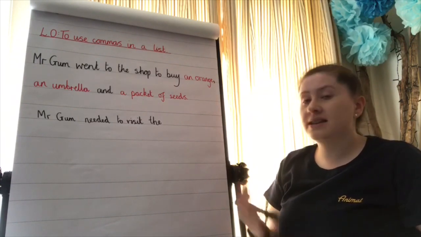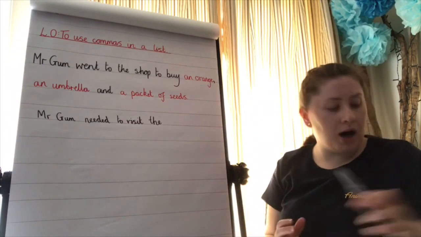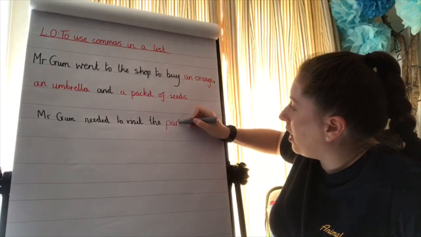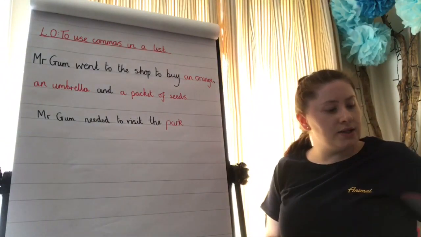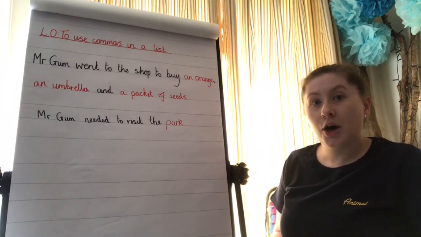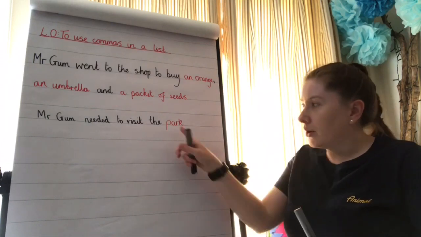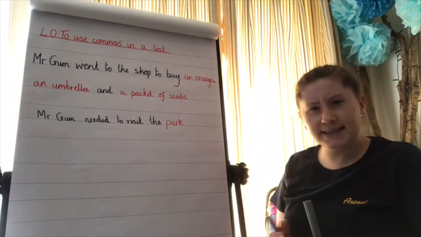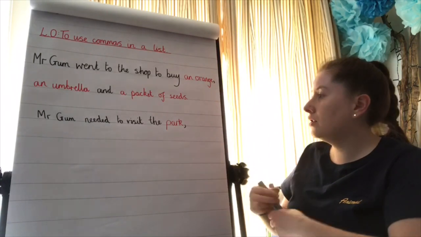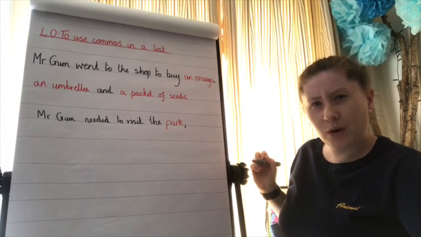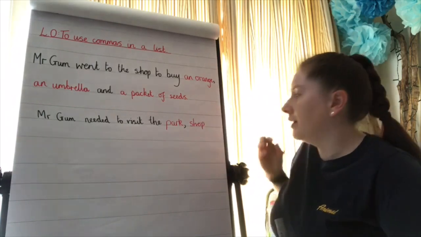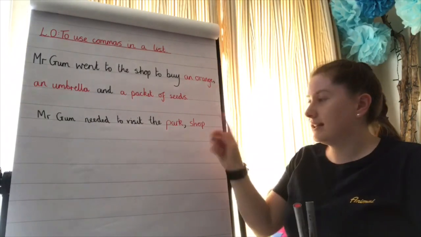Mr. Gum needed to visit the park. We could go for park first of all. So I'll do my first item here. Park. Let's have a think where else he might need to go. Now, I know that he went to the shop because he needs to get a little bit of shopping in. So I'm going to put my second list item. What do I need to separate it with? That's right, a comma. So we'll put a comma here. The park, shop. Now I said we're going to have 4 in ours, so we need to think of 2 more places